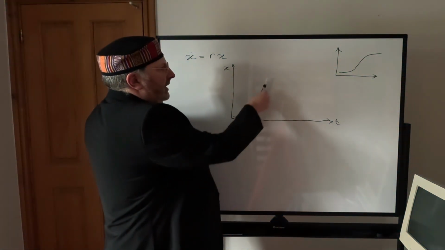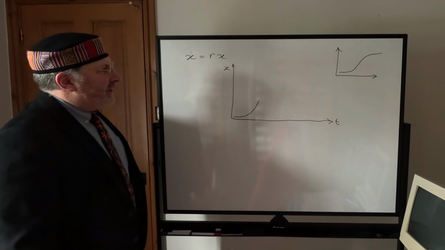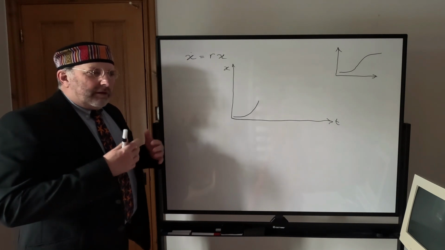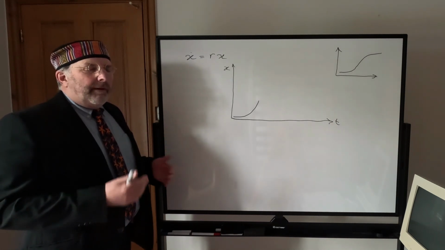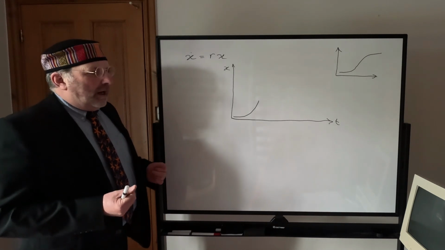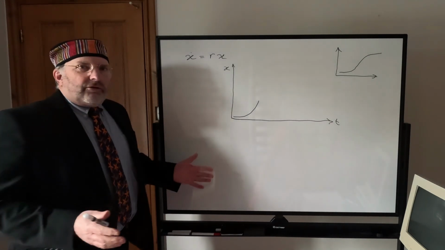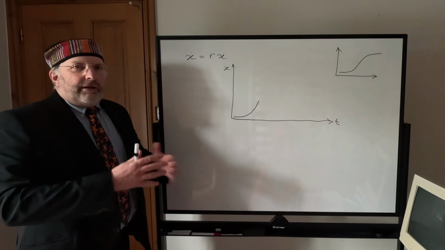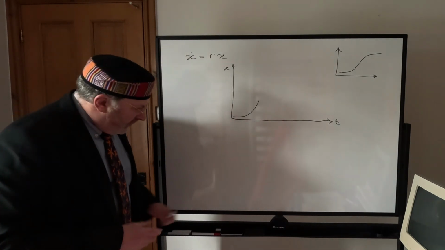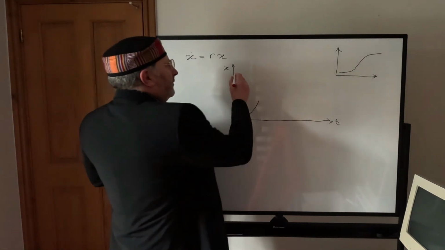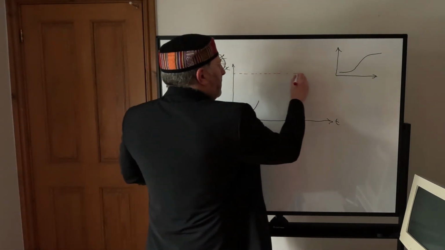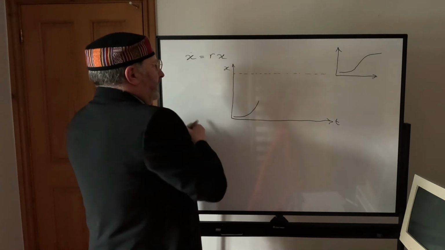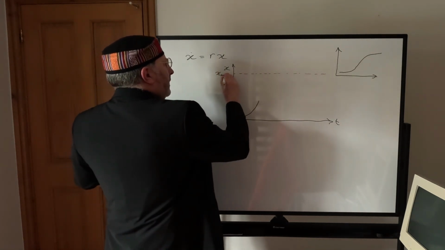In principle, that would just keep growing to infinity. But in reality, it can't grow to infinity because with, say, population, there's only the capability to feed so many people, and the population can't grow beyond that. The disease can only infect the entire community or the entire population. But once everybody's infected, there's nowhere more to go. So there will typically be some kind of ceiling to the growth. The growth is capped at some level, which we could call x max.